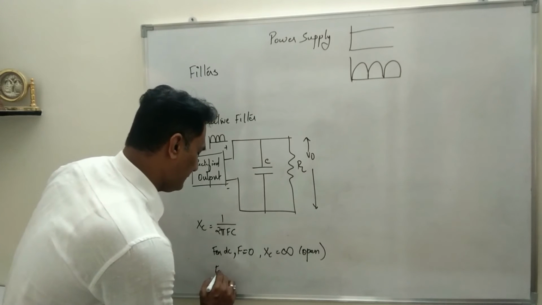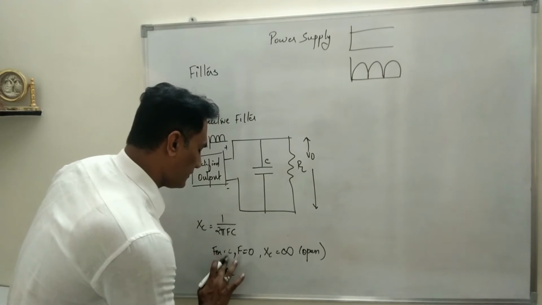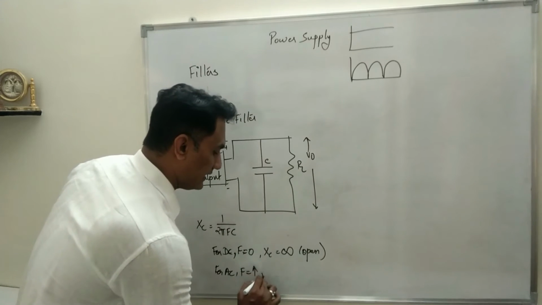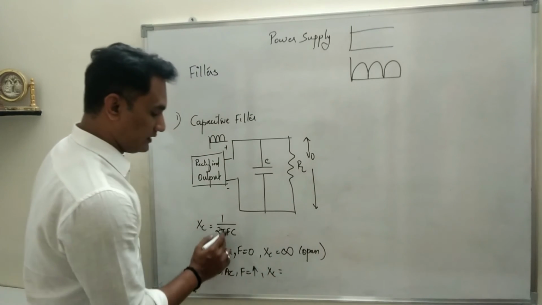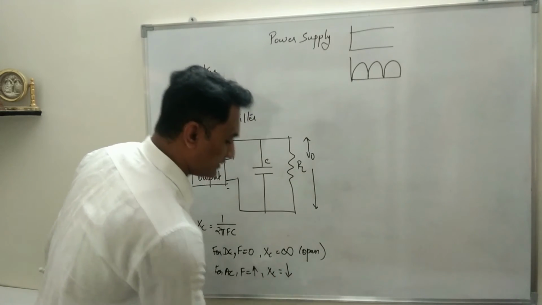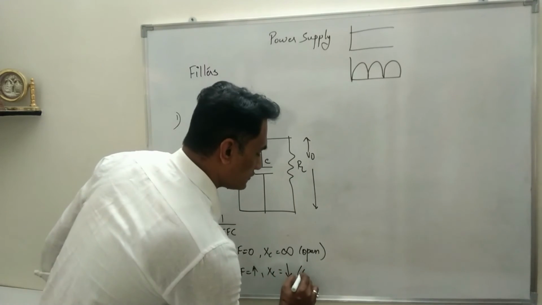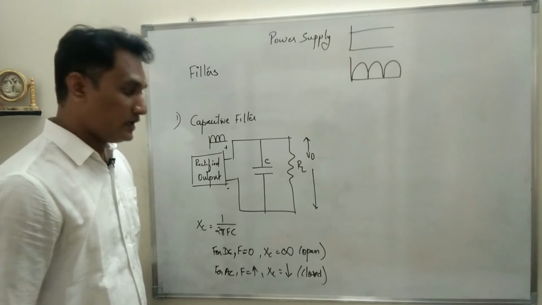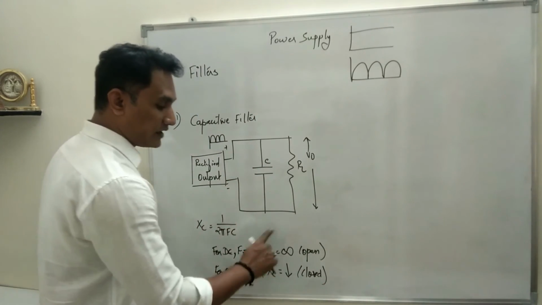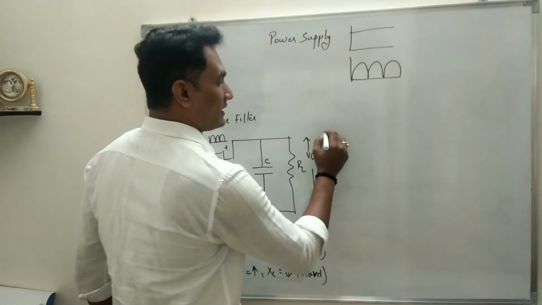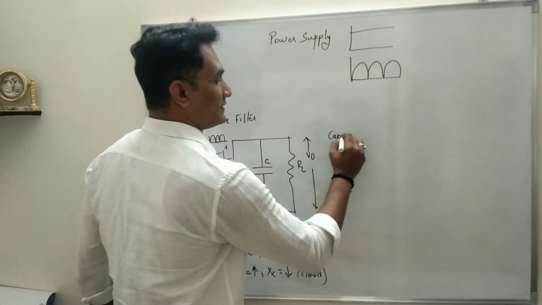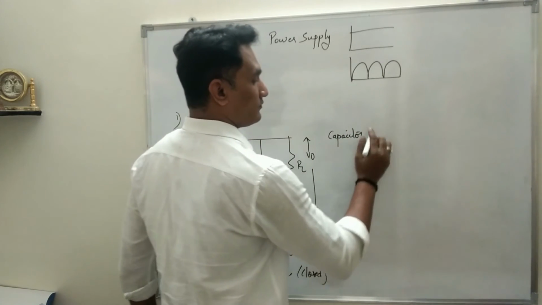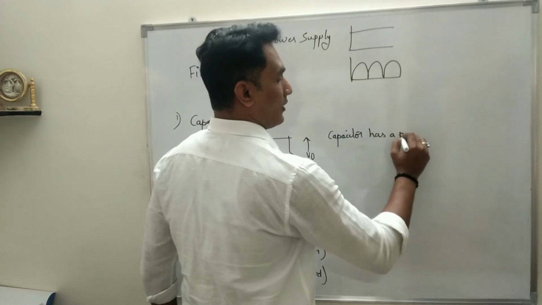And for AC, frequency will be high, and if frequency is high, since it is inversely proportional, capacitive reactance will be low. So for an AC signal, it will act as a closed switch. So from this formula, what we have concluded is that the capacitor has a property